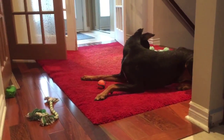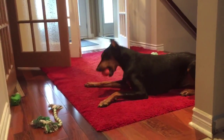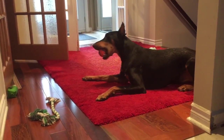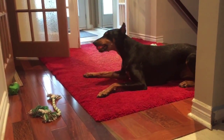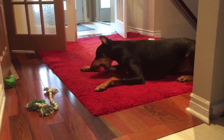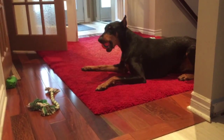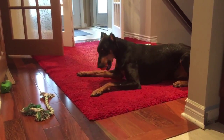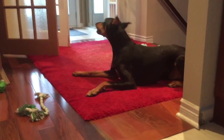I wish I would take before and after pictures of her dogs as I do with the tank. That dog lost so much weight, his diabetes is under control. Visually, it's not the same dog. His fur is shiny, it's beautiful, and it makes you really question what the heck they put in dog food